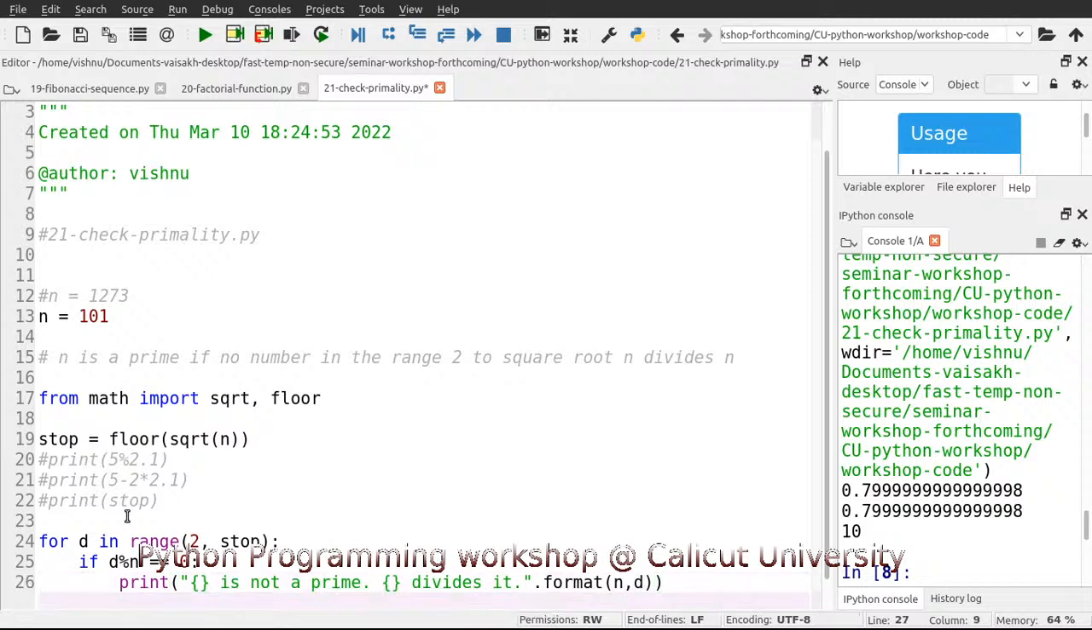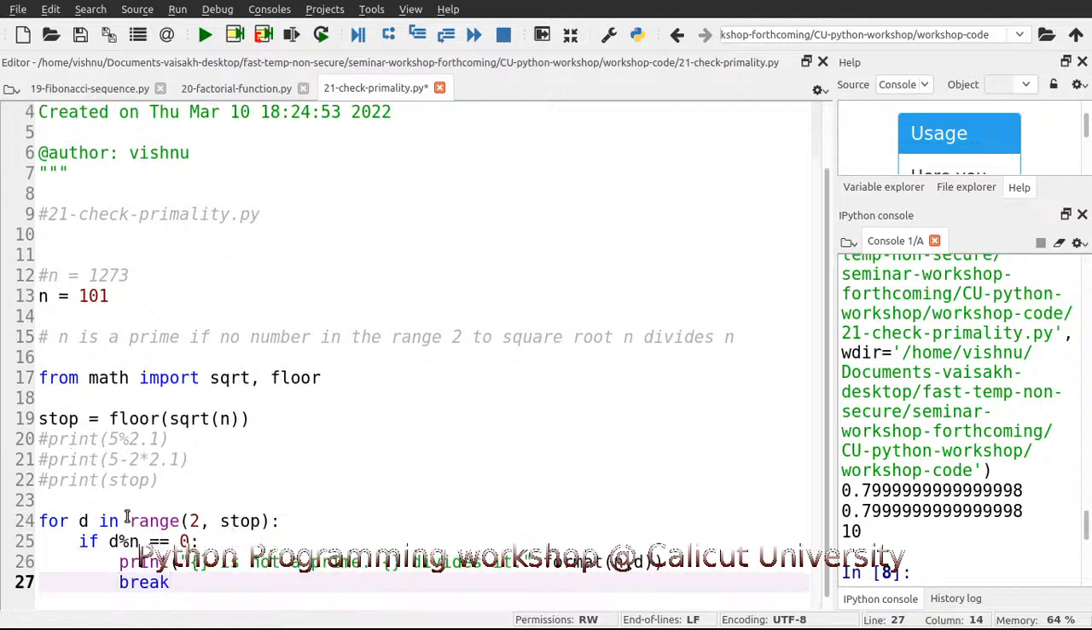Now, if this doesn't happen, in such a case, we need to break the loop. So we need to stop. Okay, because otherwise the problem is that it will go to check the next number also. For checking if it's a prime or not, it's enough that one number in this range divides it. So after finding one number dividing it, we should stop. So we should break the loop. We are breaking the loop. So even after checking all the numbers, if nothing happens inside the loop, then